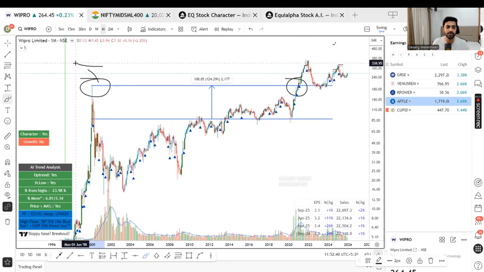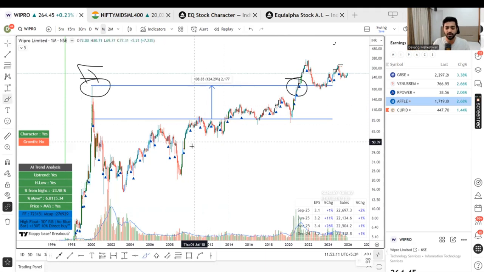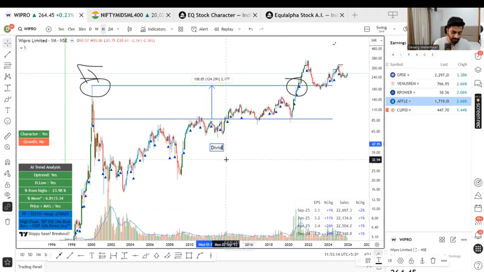Now again you may say, oh no, it has given bonus, so it has doubled, tripled, or maybe more. But this is adjusted. The price also reduces. If you get a 1:1 bonus, the price goes half. If you get a 2:1 bonus, it goes to one-third, accordingly. It's not like free money that someone is giving to you. Nobody gives free money to any person. So from here to here, it took 20 years to cross this. In between, of course, you would have received dividends. That's the earning only.